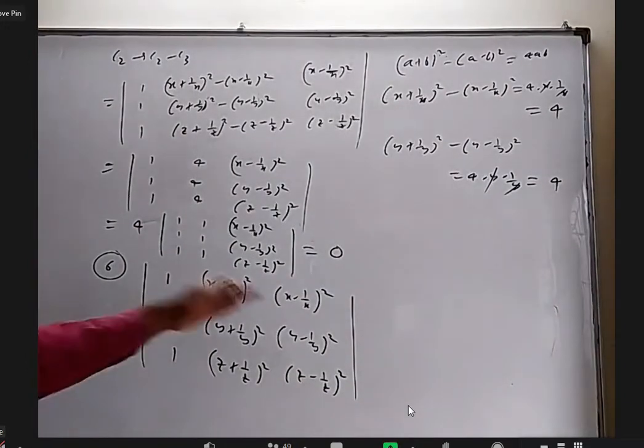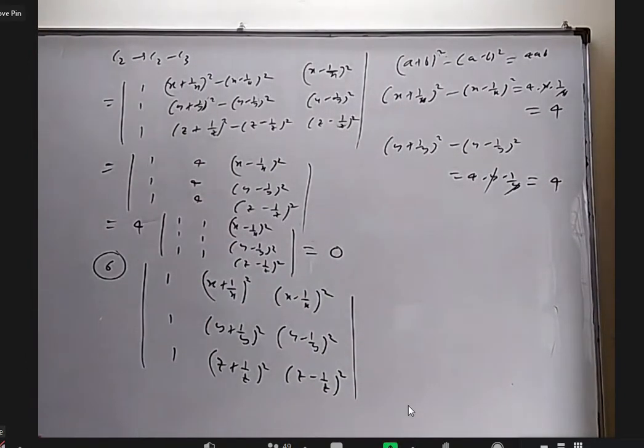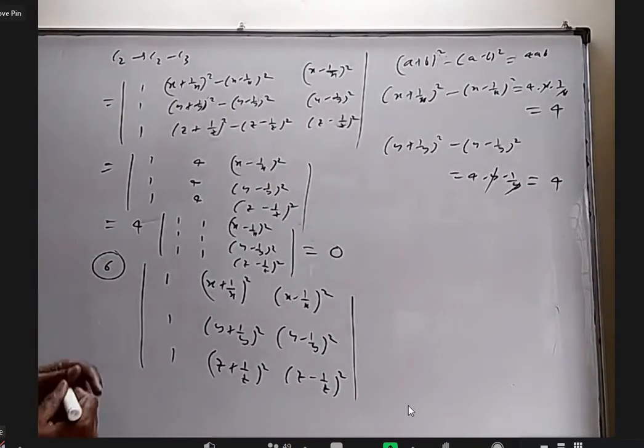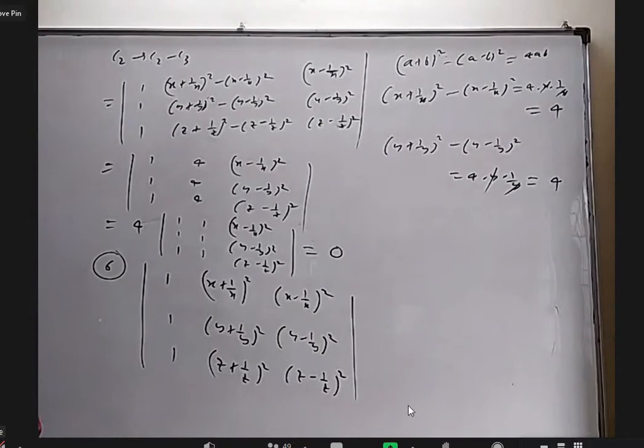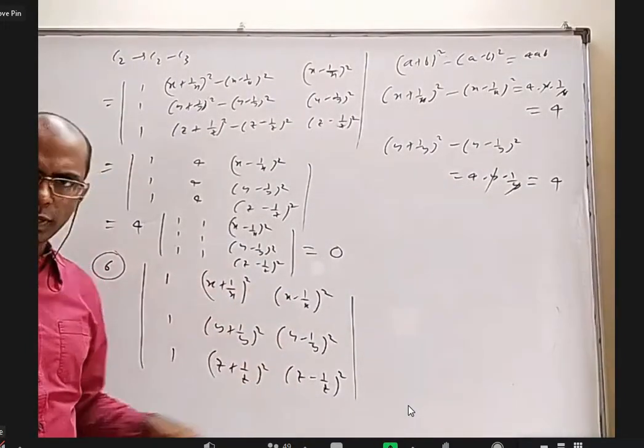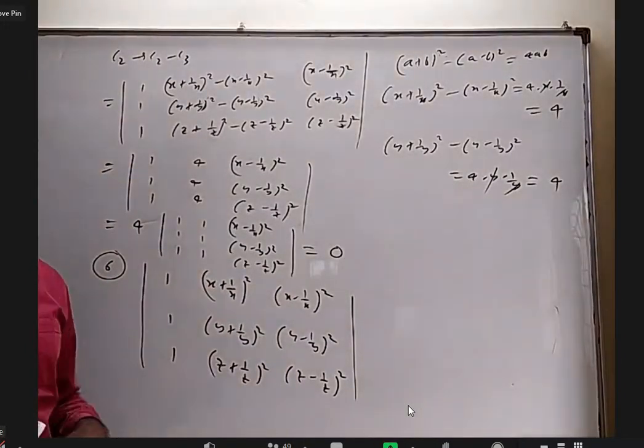I think different people said something like this only. Somebody said column 2 minus 2 column 1, whatever. Ultimately, it belongs to the same thing. Am I right? Yes, sir. I think Sarath, what you are saying is subtract 2 from this and add 2 here so that these two will come the same, right? Yes, sir. That is also okay.